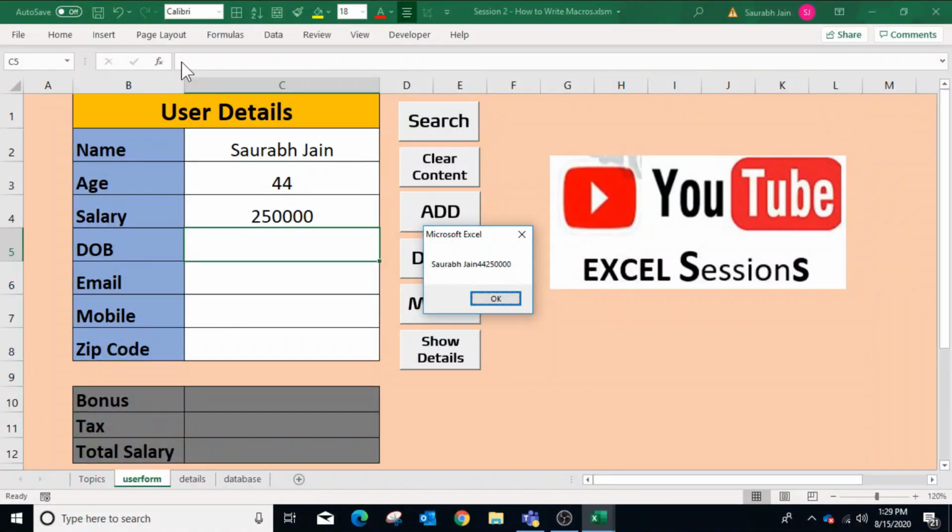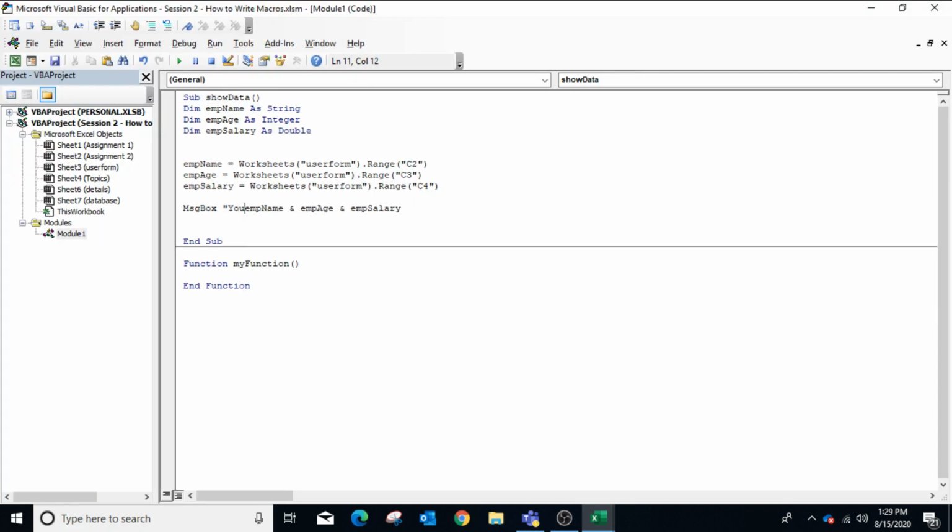The message box will show the values of all the three variables, name, age and the salary together, but we are unable to differentiate the values. So we can add some text in the message box. We will add "Your name" in double quotes, ampersand as a concatenation character and the variable name.